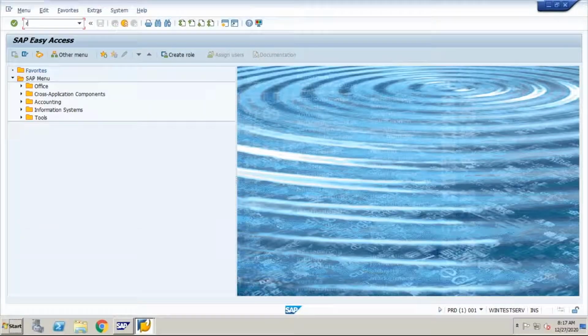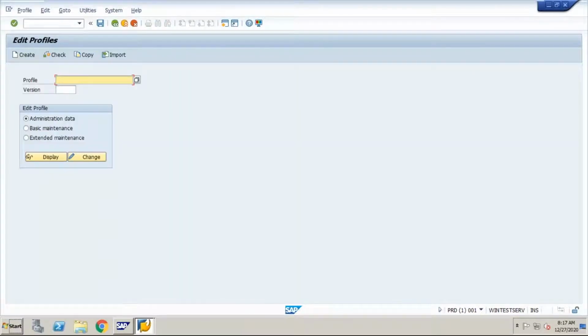For this, we need to use transaction code RZ10. In RZ10 we will see different profiles. Whenever you log on to RZ10, just go to Utilities and Import Profiles of Active Servers. It will give you the latest version of your profiles imported to the server. Now you will see the profiles.